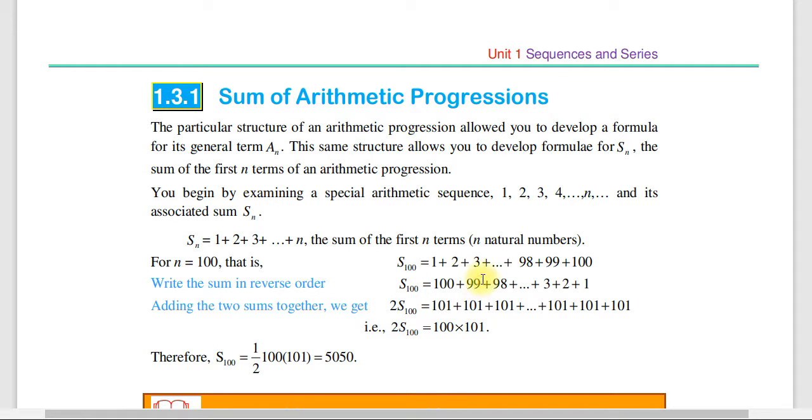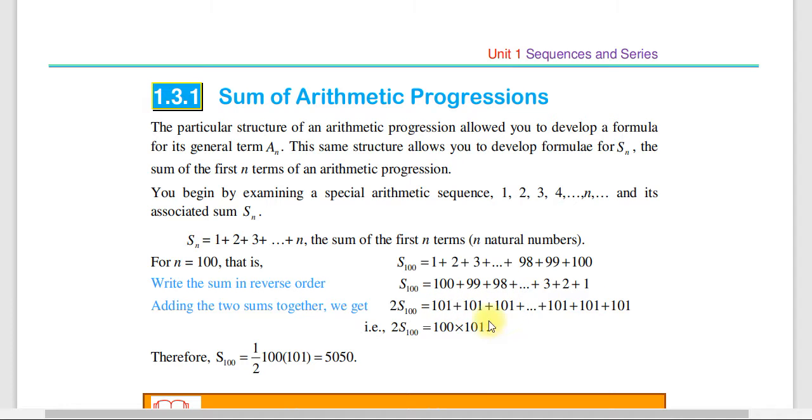so s100 ማለት አሁንም 100 plus 99 plus 98 እያልን በተቃራኒ አቅጣጫ ደግሞ መደመርም እንችላለን ኦኬ። ስለዚህ ለምሳሌ 2 times እናርገው ያ ማለት ሁለቱን እንደምረው ማለት ነው ከላይ እስከ ታች ያለውን፤ እዚህ ላይ s100 እና እዚህ s100ን እንደምረው። ለምሳሌ 1 ሲደመር 100 101፣ ሲደመር 2 ሲደመር 99 101፣ 3 ሲደመር 98 101 እያለ እዚህም 98 ሲደመር 3 101፣ 99 ሲደመር 2 101 እንዲሁም 100 ሲደመር 1 101 ይመጣል so 2 times s100 is equals to 100 times 101 ይሆናል።